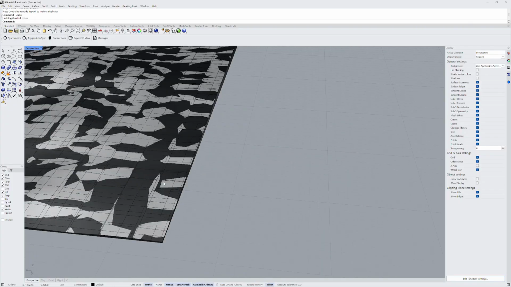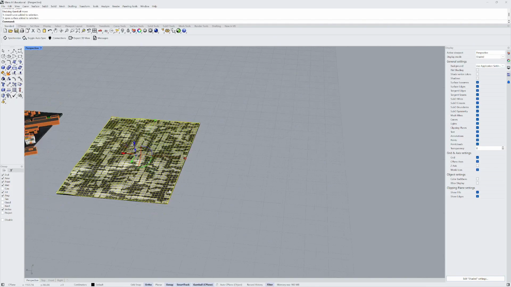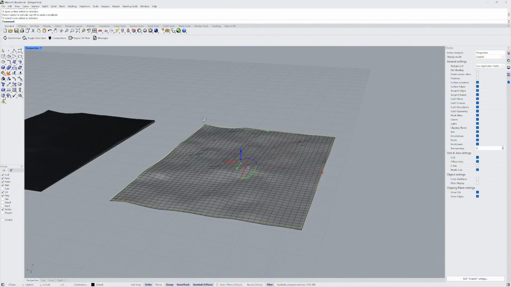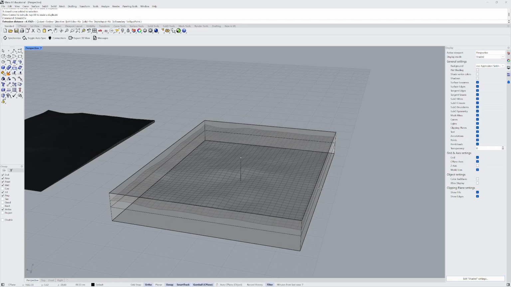And what I'm going to do as well is take the curve that was created and the surface, and I'm just going to drag those to the right so you can see these. Because what I'm going to do now is bring this curve up and extrude it, and I can drag it downwards,